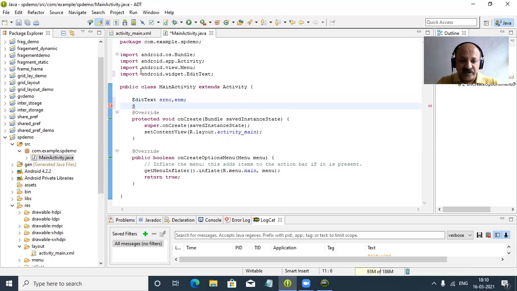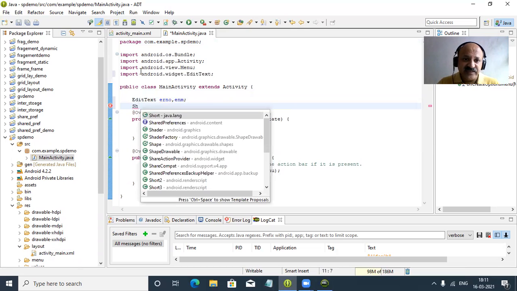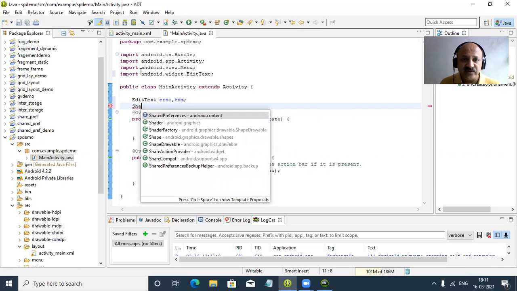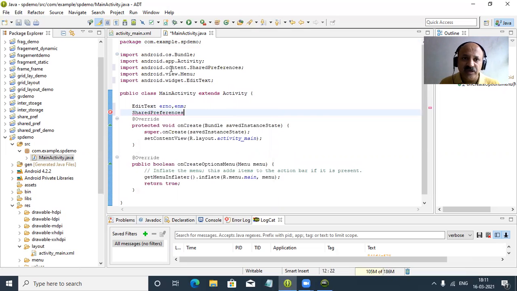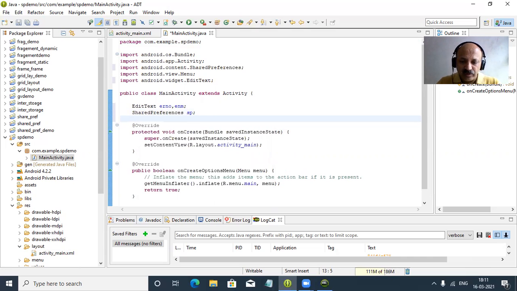And now we can first create a class reference, that is SharedPreferences. So we can say share. Yes, so SharedPreferences, and that is a Context class. So automatically that package is imported, and we can provide sp as the reference. And now we can define public, static, and final keywords. So that is a hash table.